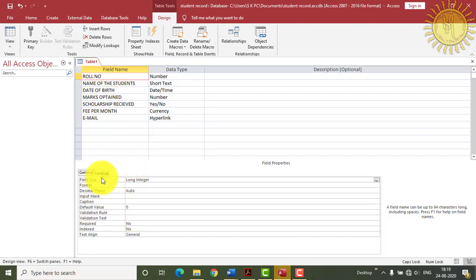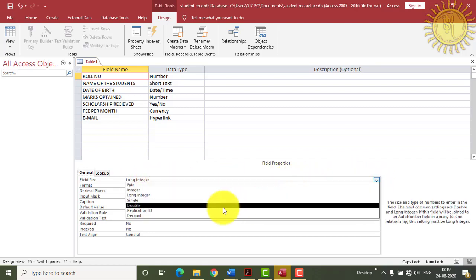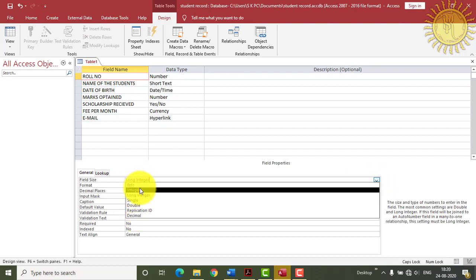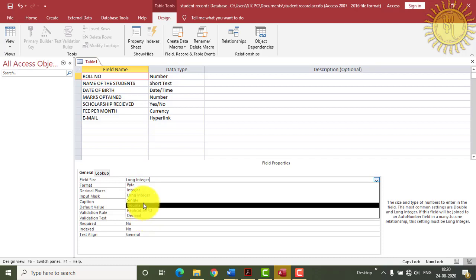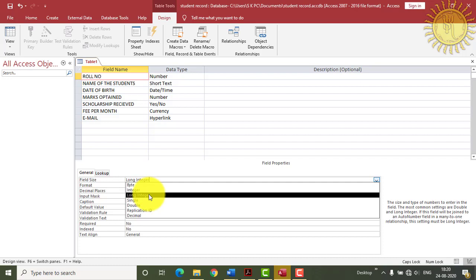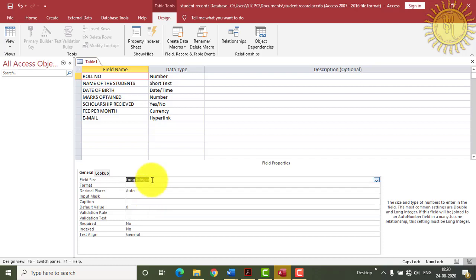Here the field size is showing as long integer, and by clicking on this drop down arrow, you can select any of these options, how you want to display your roll number, in the form of long numbers or short numbers. You can select it from here, and after clicking you can see it is selected.